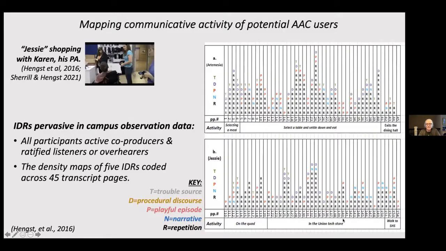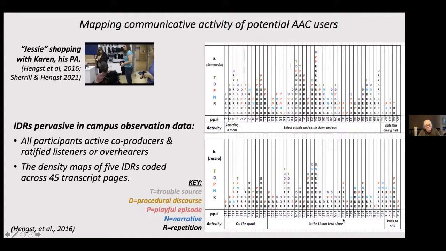So this is a table that I didn't actually share last time, but it comes from research on brokering that we did look at. So you remember that picture of Jesse shopping with his PA, looking for a remote control device. Well, as part of that research, we coded all observations for 5 IDRs: playful episodes, narratives, conversational repetition, procedural discourse, and trouble sources. All the participants then were co-active in these, either in co-producing or as ratified listeners or overhearers. So they were part of these